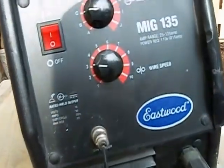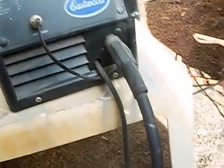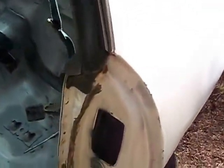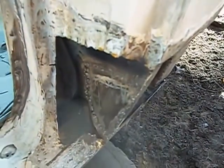my MIG welder works great for sheet metal. A little gas bottle and 0.23 MIG wire, and little tack welds all the way along. And body hammers and dollies and